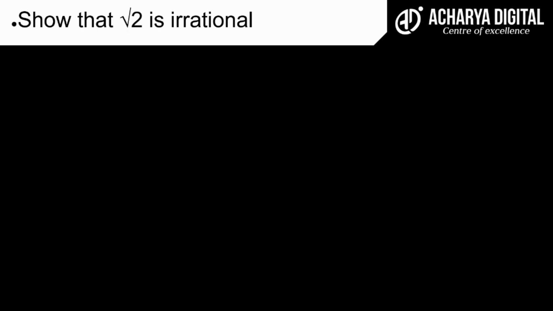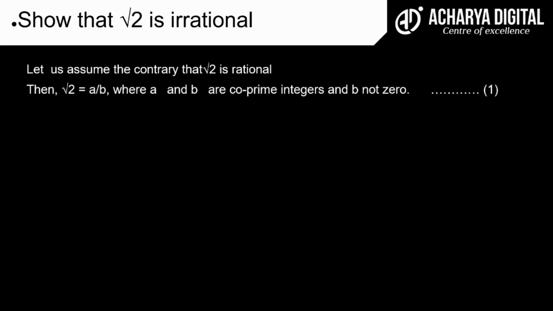I want to show root 2 is irrational, so I will assume in the beginning that root 2 is not irrational. If it is not irrational, then it should be a rational number, as an assumption, right? So let us assume the contrary, that root 2 is a rational number. Now, if it is a rational number, you know that every rational number can be written in the form of numerator and denominator. So root 2 can be written as a upon b,